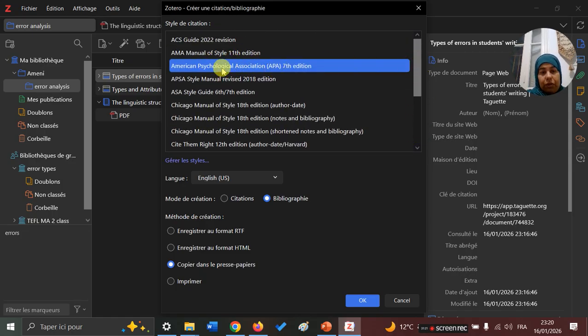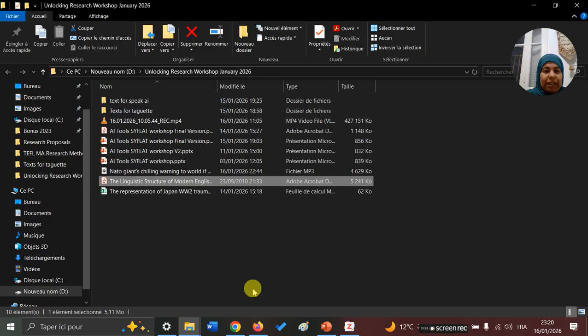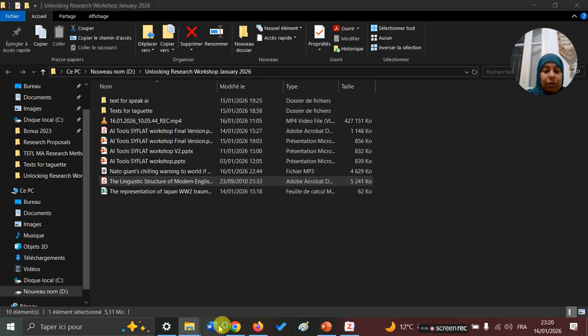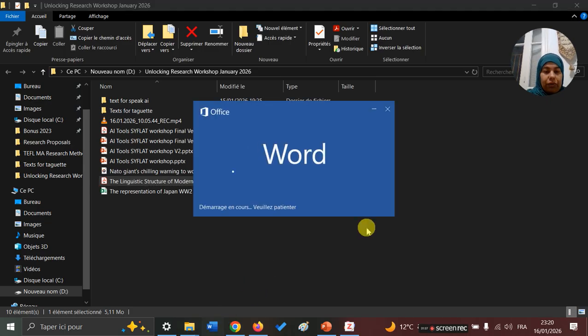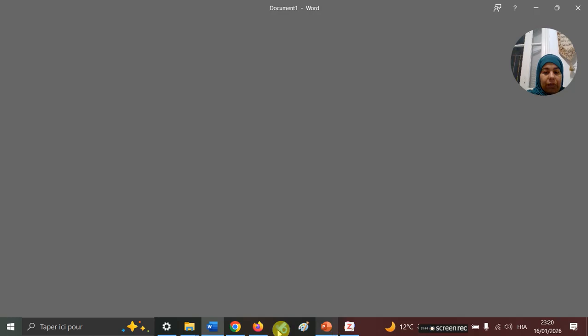Of course, here we use the APA 7th edition. But what is most important is we can do something much more than this, which is the cite as you write option of Zotero. So while we are writing,